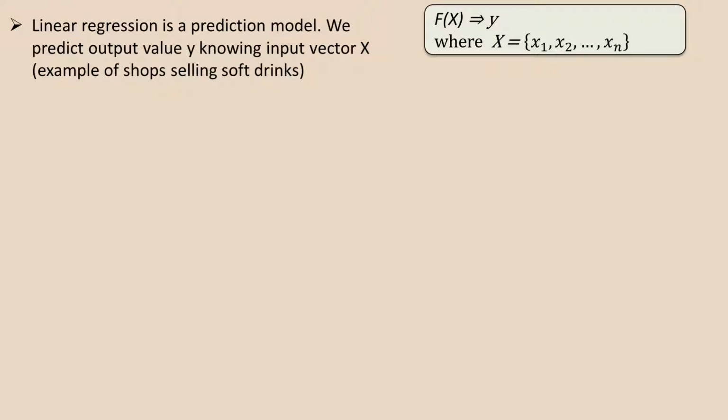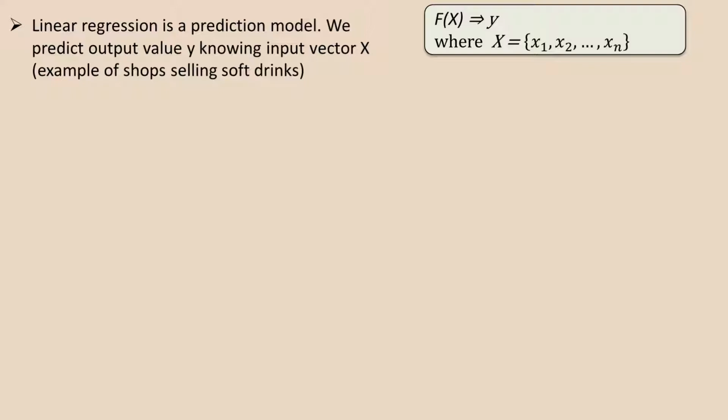And our three input values could be the weather, the population, and the competition. Weather obviously affects the amount of sales for soft drinks, because the warmer the weather, the more frequently people would be buying soft drinks. Population obviously also has some impact on this. I mean population in the area where the shop is located. And competition means how many other shops are there in the same area which are also selling soft drinks. It will obviously have some kind of negative impact on our amount of sales.